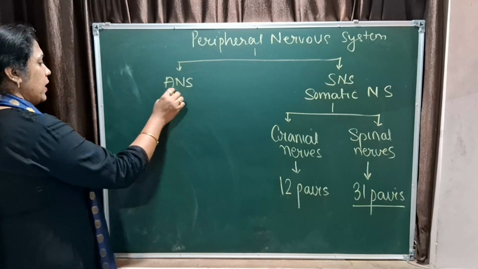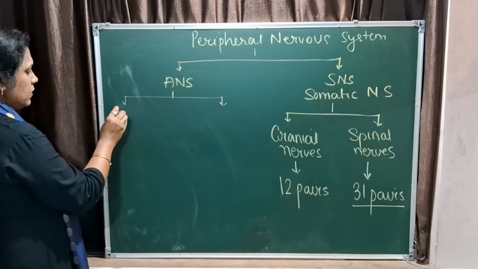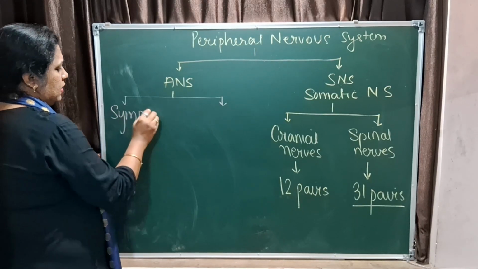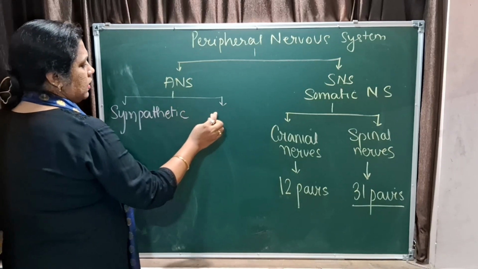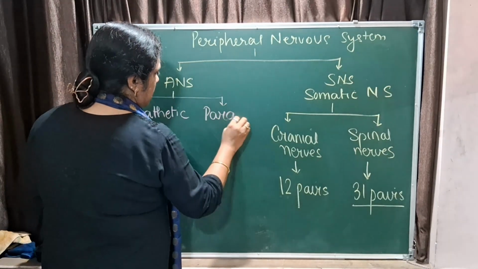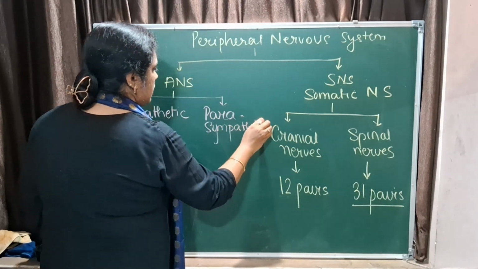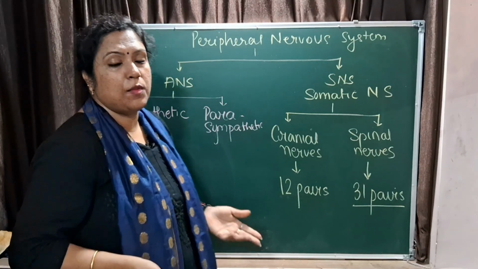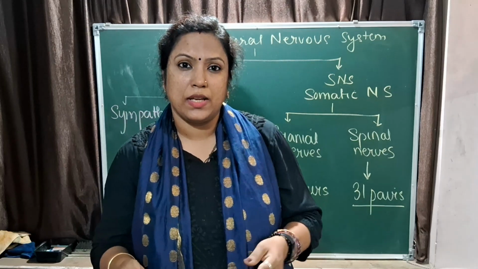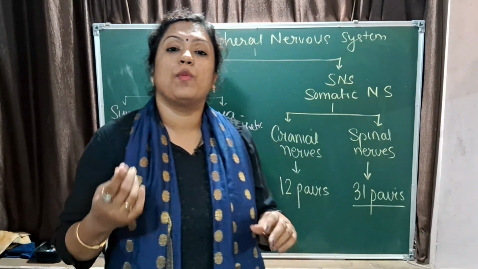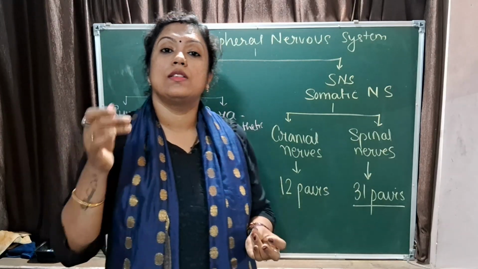Okay. When you talk about the ANS, ANS also has got two components. Sympathetic nervous system and parasympathetic nervous system. Sympathetic nervous system prepares your body for action and parasympathetic calms it down. So S for sympathetic, S for stress. So whenever your body encounters any kind of stress, physical or mental or emotional, it is your sympathetic nervous system